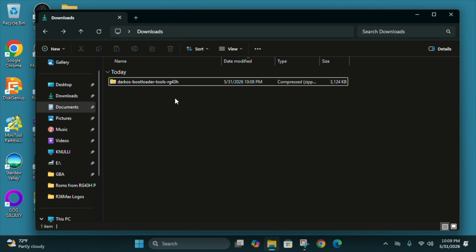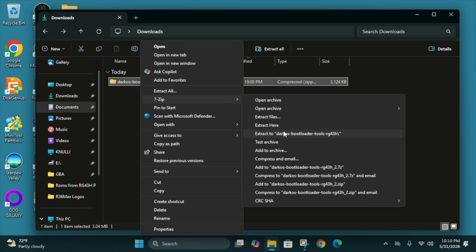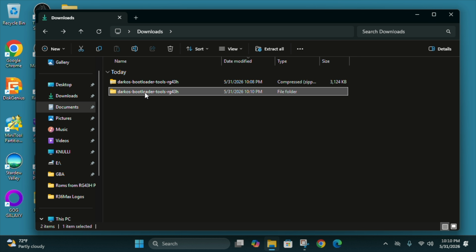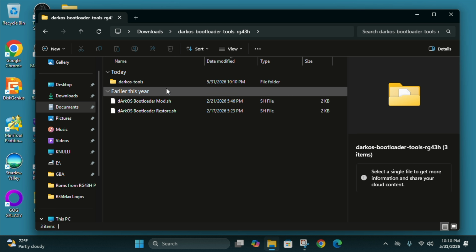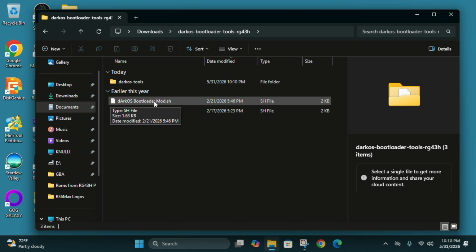So the first thing you're going to do is, this is the bootloader. So you're going to unzip the bootloader, and let me use 7-zip. I always like using that. After you unzip the file, you're going to end up with a new folder, and inside that folder you're going to have two SH files plus another folder that's called dArkOS tools. For now, you're going to leave those on your desktop, because what you have to do now is